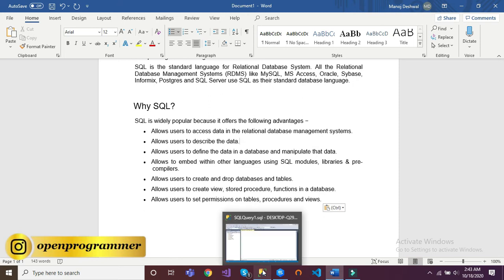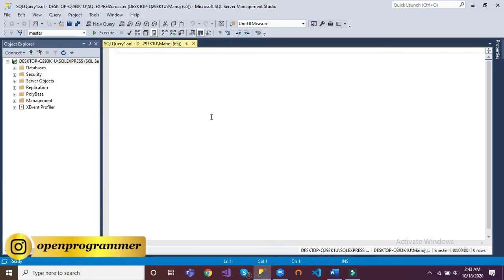Now come back to the SQL Server query window. Now we'll start with the database. The first thing, how to create a database, right? There are two ways of creating a database. The first one is through a query. Let me write the query. Create database and then the database name. Here I am taking the example of employee DB.